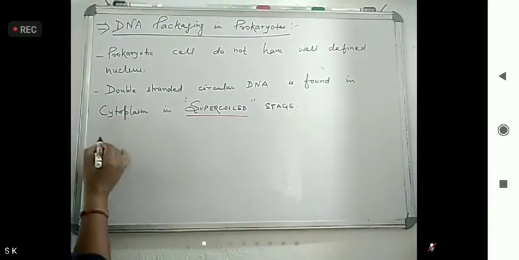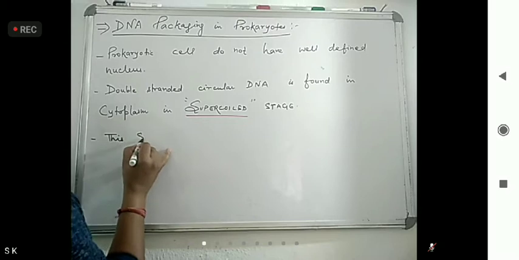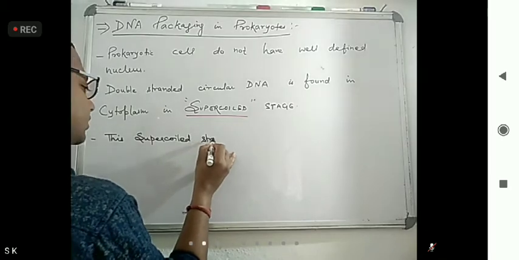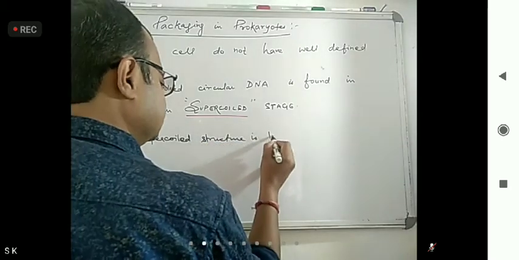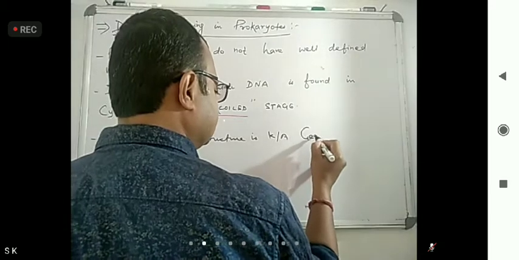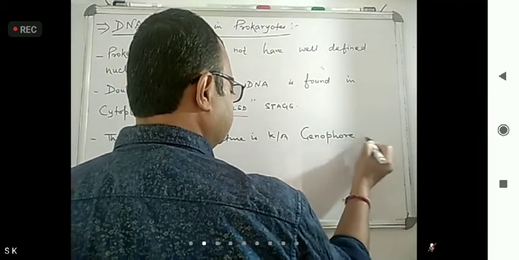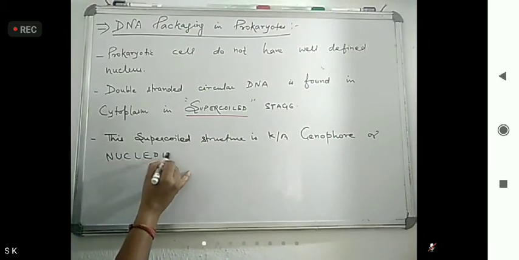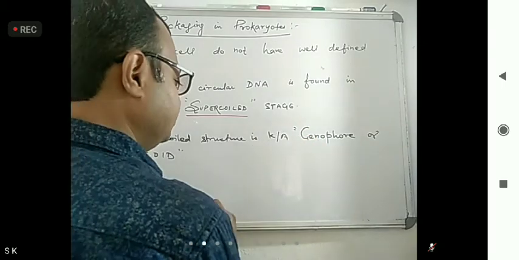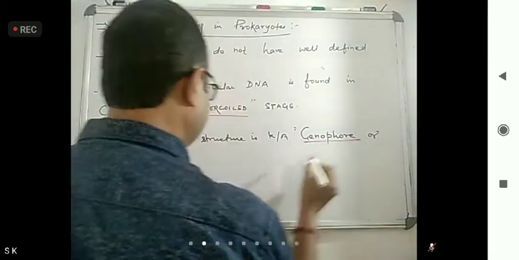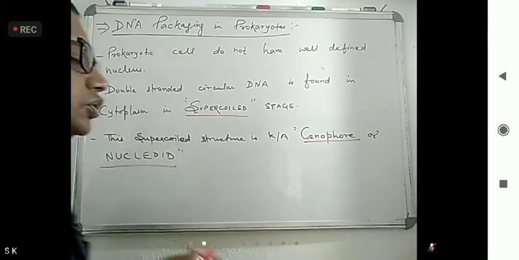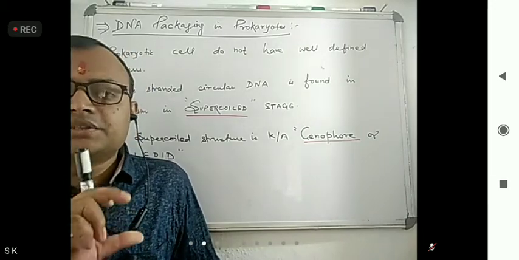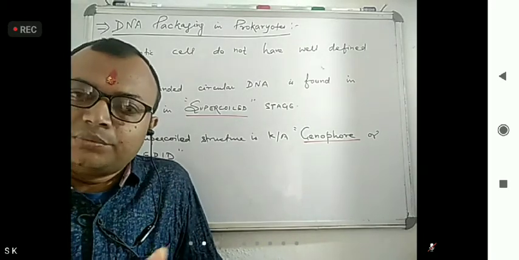So this supercoiled structure is known as genophore or nucleoid. These terms you have to remember. Okay, the supercoiled structure is known as what? Genophore or nucleoid. Now the coiling is maintained because coiling always has to be done, because the size of the nucleus